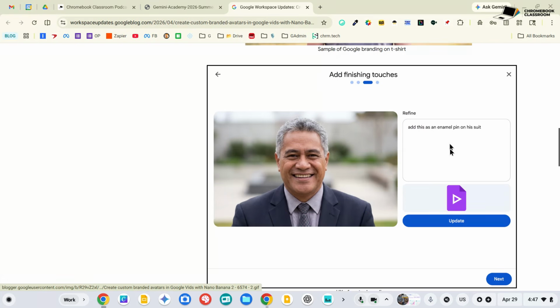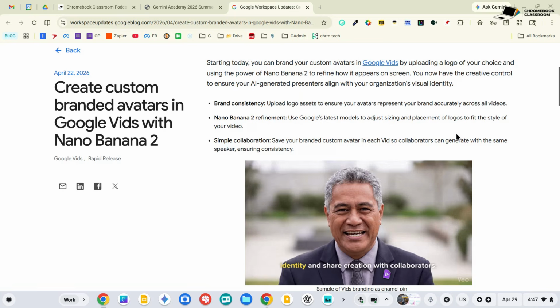So those can be prompted. And that's what you see here in this screenshot. And it will update the video with those small details. I played around with this a little bit. It does require some refinement. You have to be very precise and very strategic in how you do this. I got some weird results when I tried this out.